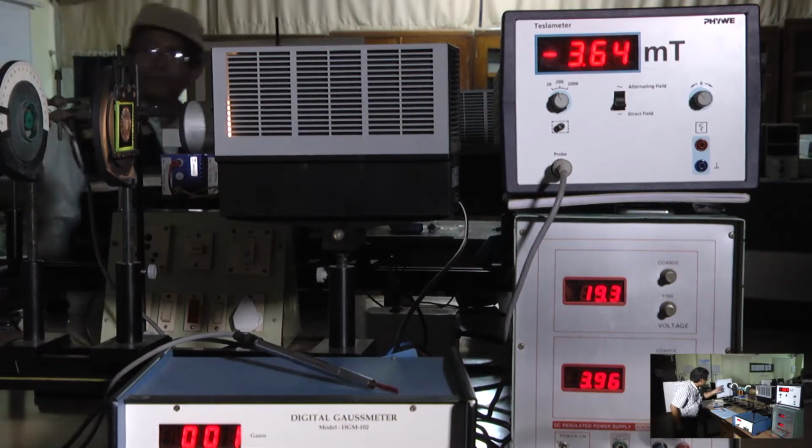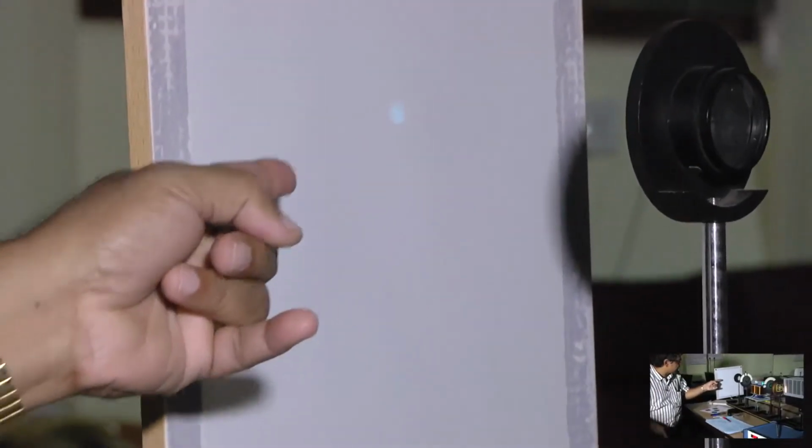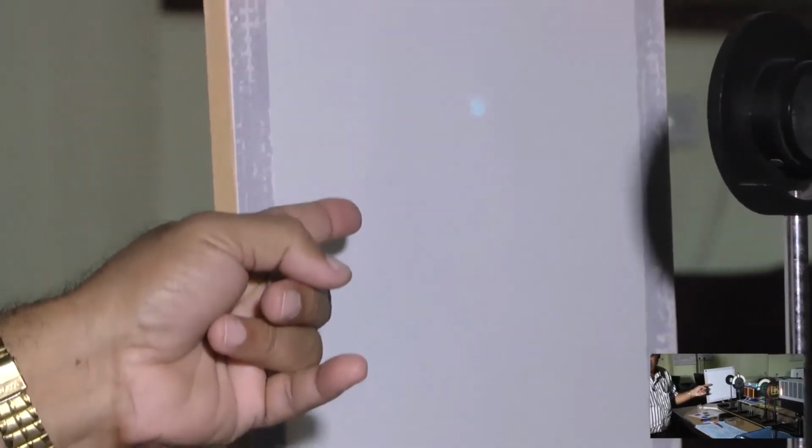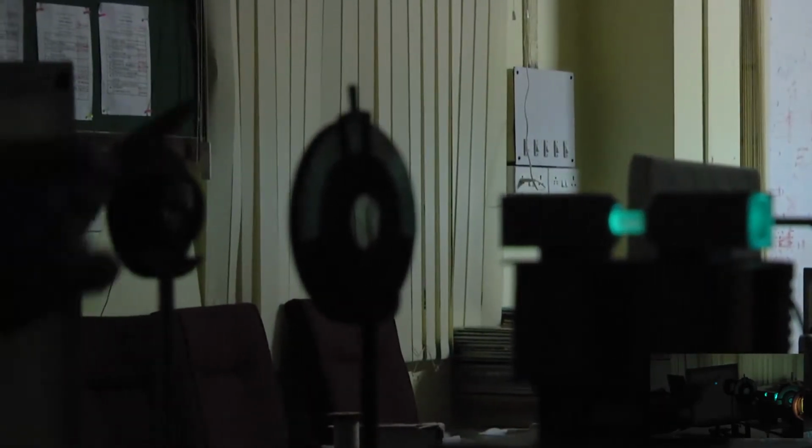So, here I think you can see this spot of light. Okay. Now, what I have to do? Now, here I have to take a reading. In this condition, what is the reading of this analyzer? Here it has the scale, the vernier scale also, that I will show you later on. One has to note down this reading, and now I will rotate that one to make it dark.